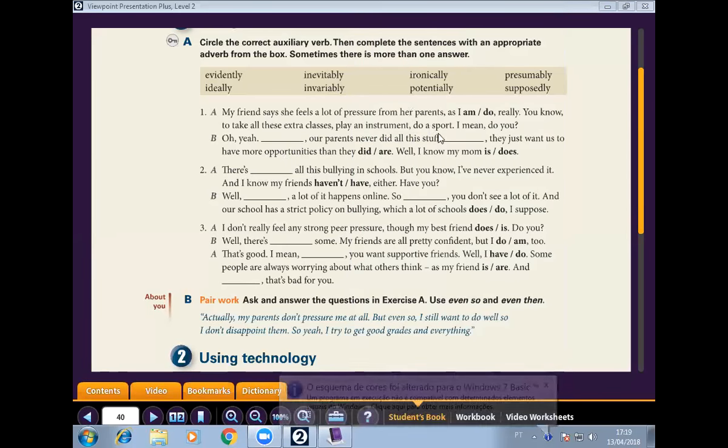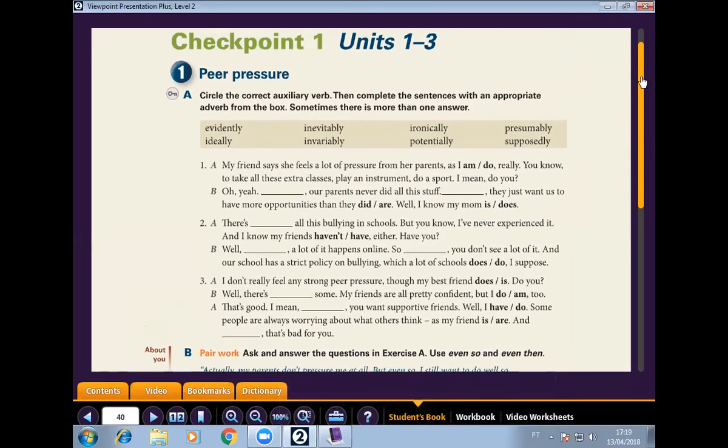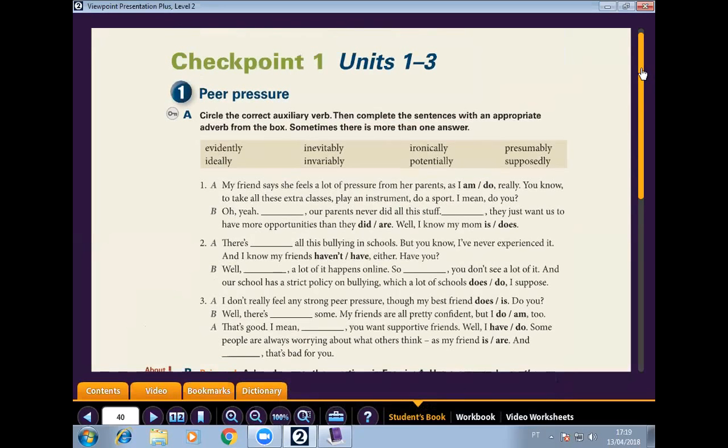Well, we're going to start working on checkpoint units 1 to 3, from Viewpoint 2. And here there are some words that we need to complete. I hope you have already done that, because it's kind of important for you. Well, the first one asks you to circle the auxiliary verb and then complete